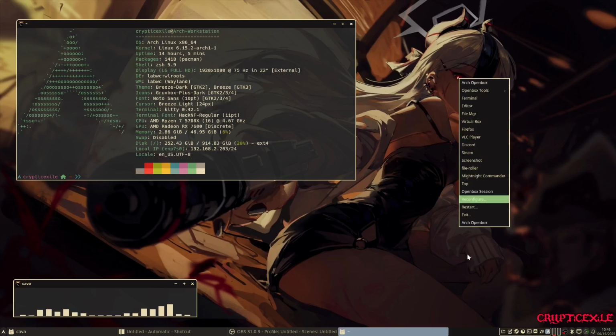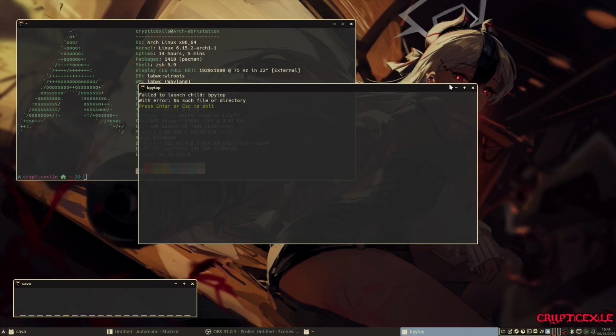I configured it a little bit. I'm not really done. It's just a bunch of programs that I use. I don't have that installed either. But anyways,